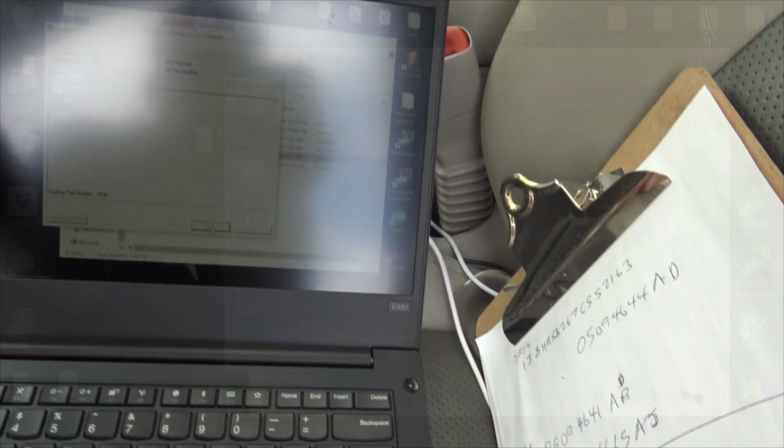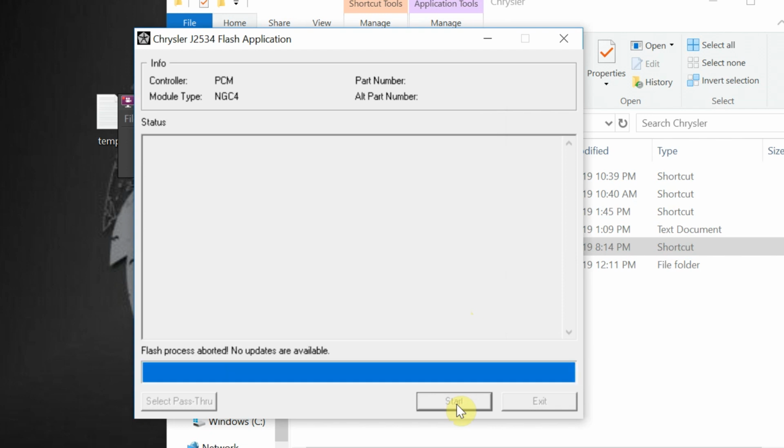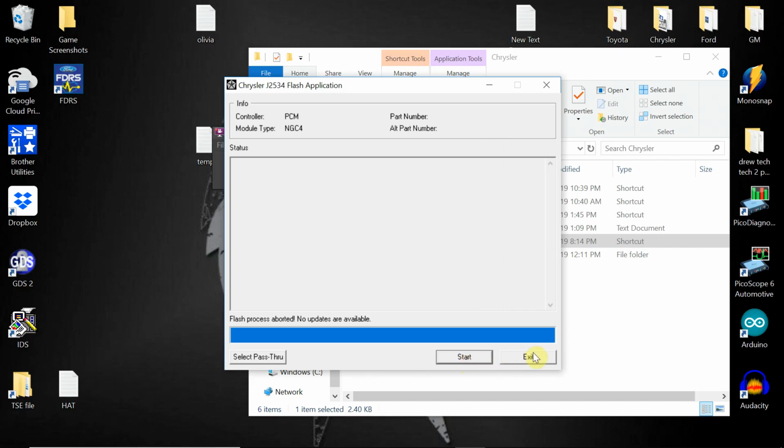The new used computer is installed in the vehicle, so it's going to read the part number, and it says flash process is aborted, no updates are available. It's because the wrong computer is installed in here. So we're going to hit the exit button,